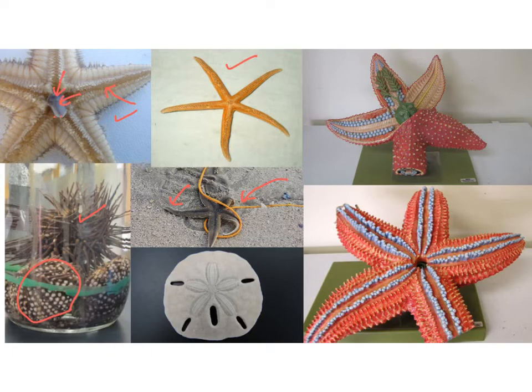If we look at the model of pretty much the same thing, these gray structures are the tube feet, and this is where we find the mouth of a starfish. Often they push their stomach out and inside a mollusk. Very often the little tube feet will help open up a clam, something like that. They slip their stomach in, release digestive juices, digest it,